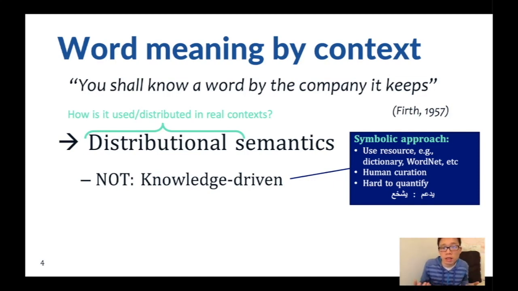So if you had two different words, like in Arabic you have yadam and yeshijo. I'm not sure I'm saying it right, but you have these words to sort of support and to encourage, and they're related to each other, but you wouldn't be able to get that just by looking at the letters that are involved with those words, right? They're semantically related, but it's hard to quantify how those things are similar to each other if you're looking at a dictionary or something like that.